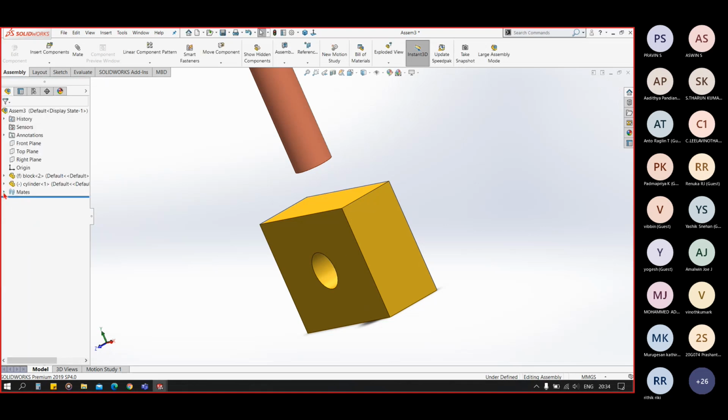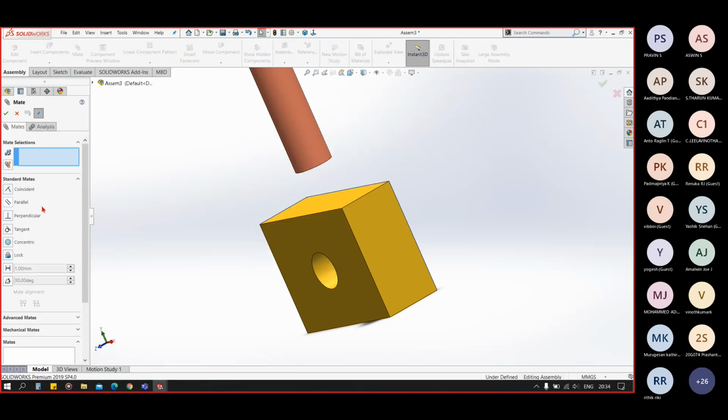So now let's see our next mate type, which is, I guess, perpendicular. Yes, perpendicular. So select perpendicular here, go to the box and select both those faces.